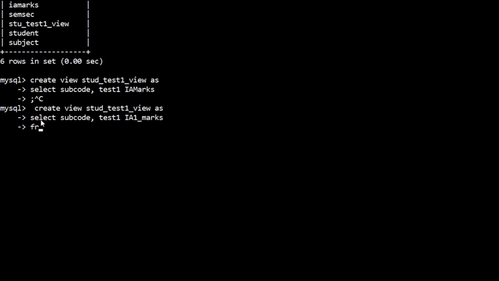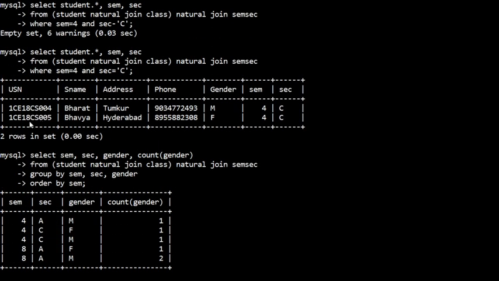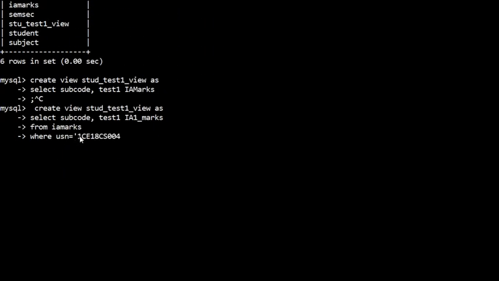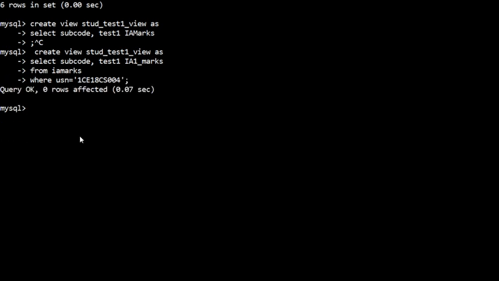This information we can get from the IA marks table, and the condition is USN equal to some USN. They have mentioned one, but that USN I don't have, so I'll mention one of the USNs. Then put a semicolon. It says query okay. Now how can we view this?